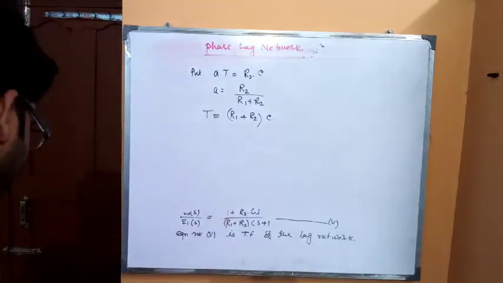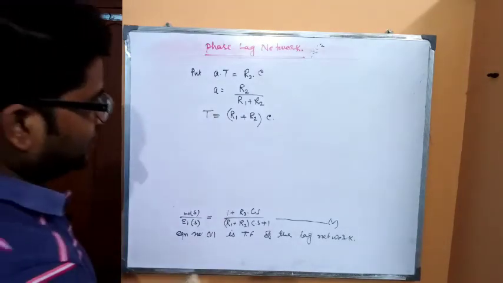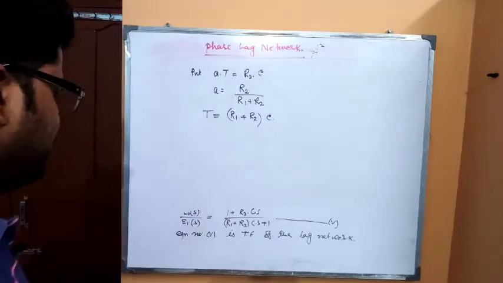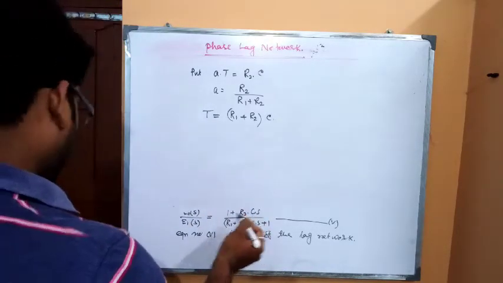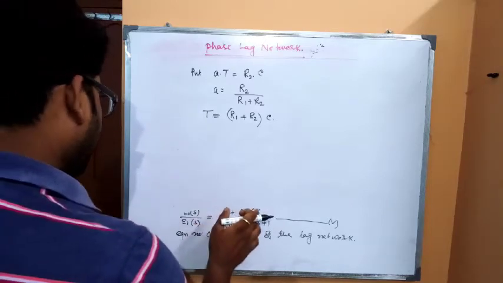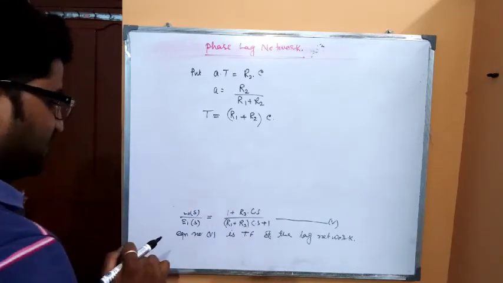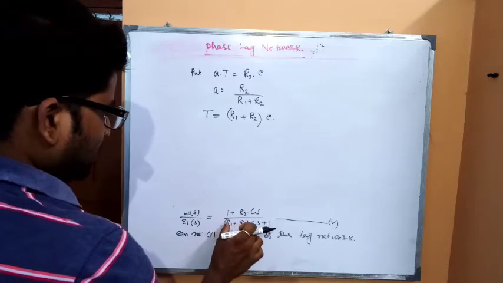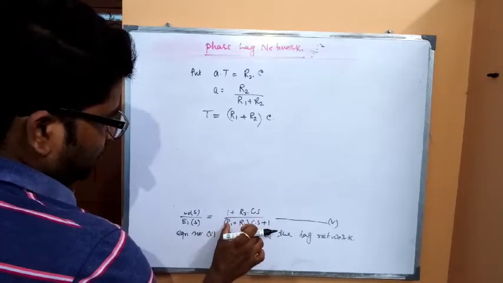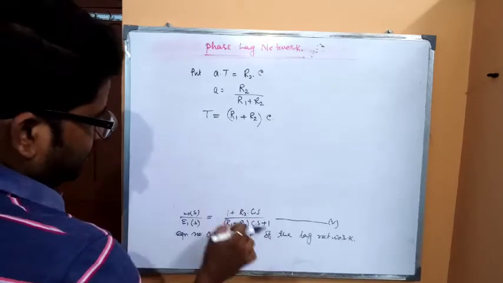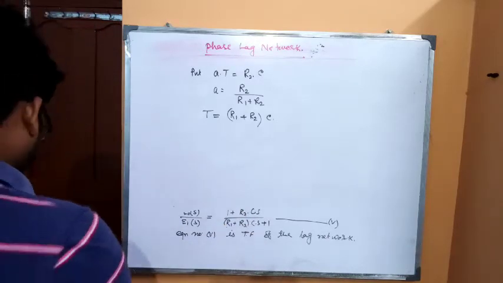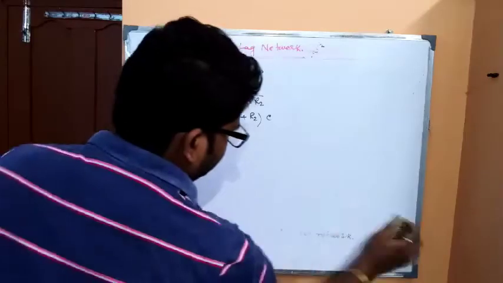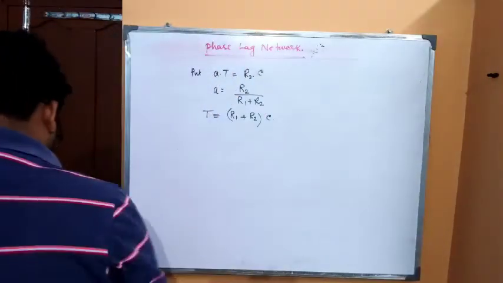So this expression becomes, what we can write over here, R2 into C, that is A into T into S, and that is R1 plus R2 into C, this thing will be T, so T into S plus 1. So equation number 5 becomes,